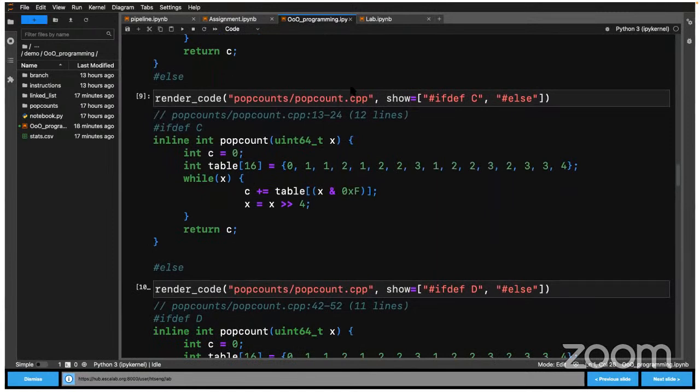So the third version, C, uses a lookup table, and it performs 4 bits at the same time. The lookup table means that if you give me 4 bits, and this 4-bit number is 0, then I would output 0. If it's 1, then it means this 4 bits has 1 in it. And if it's 2,